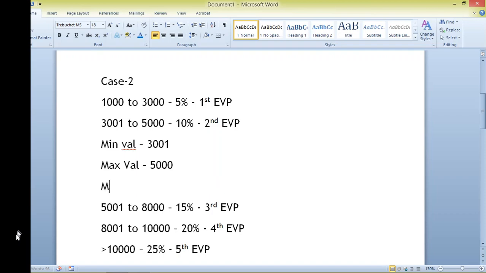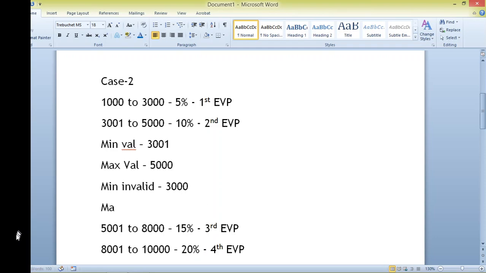Then your minimum invalid value is something lesser than your minimum value, which is 3000, one lesser than your starting value. And the maximum invalid value is one value ahead of our maximum value, which is 5001.